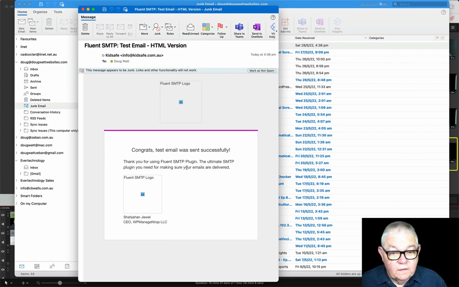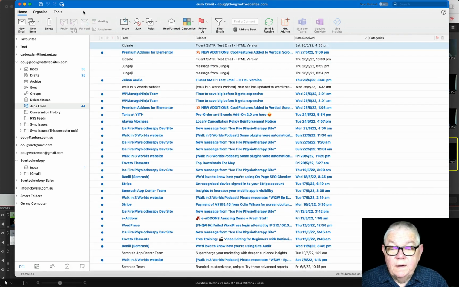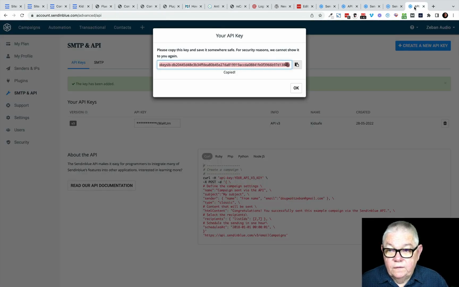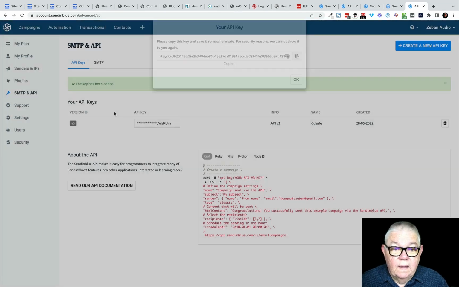Congrats, the email was sent successfully from Fluent. These logos are not there simply because this ended up in the junk. So it ended up in the junk mail for lots of reasons, and having email end up in the junk mail is not what we want. So the only way that we can improve that situation is to go back to this site and go back